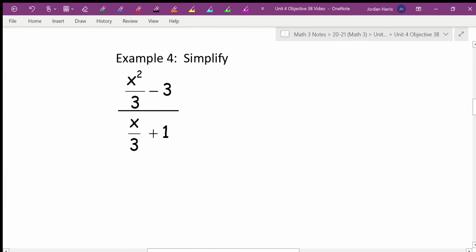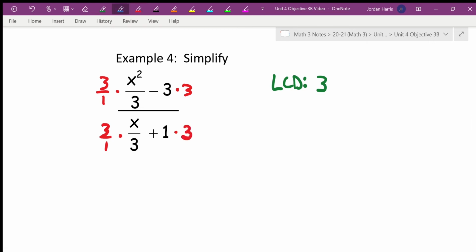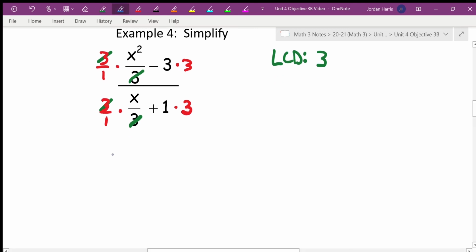Okay. Next one, a little more complicated now. The LCD is actually easier here because, if I look at just the denominators of all my fractions, the LCD is 3. It's easy because it's the same on both denominators. So now I need to multiply everything by 3 over 1, or just 3 for the ones that aren't fractions. On this one the 3's will simplify, and on this one the 3's will simplify. So I'm left with just x squared minus 9